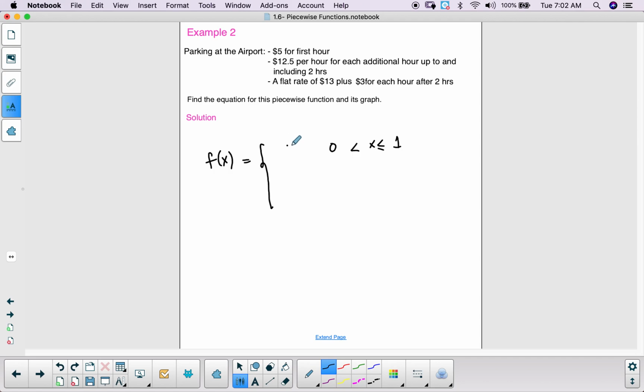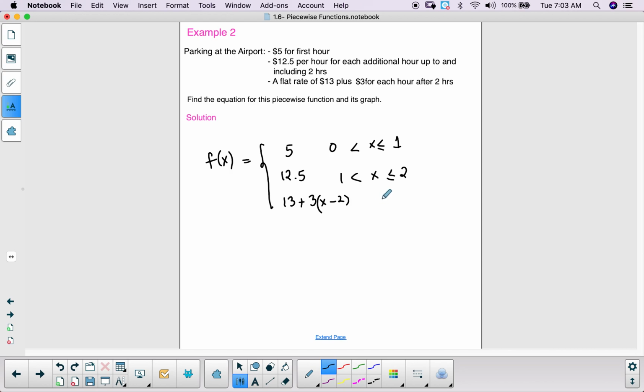You have the $5 flat fee. Then a flat fee of $12.5 for each additional hour up to 2 hours. So including 2 hours, not including 1, so greater than 1, less than or equal to 2, $12.5. And then a flat rate of $13 plus 3 times x after 2 hours. So x minus 2